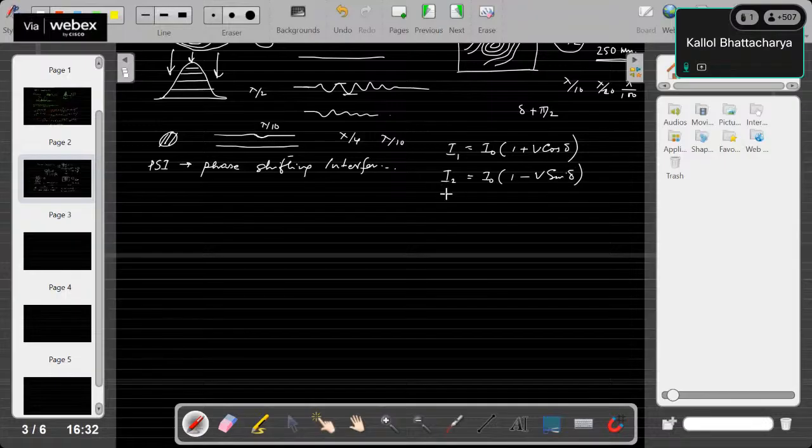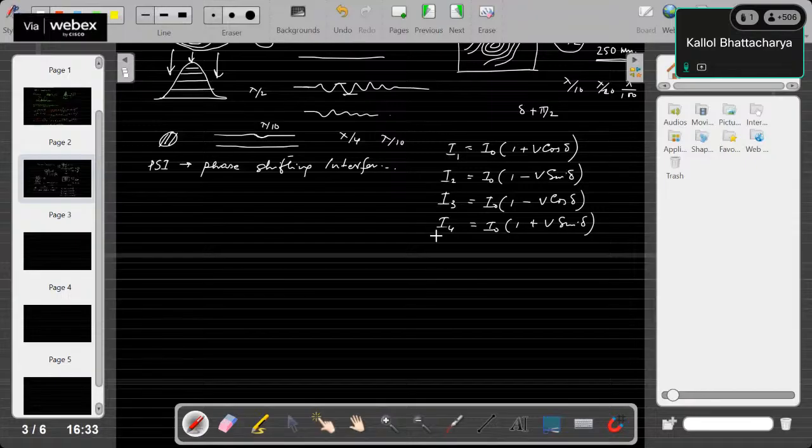And then again an additional phase difference of pi by 2, so this is I0 into 1 minus V cos delta, and here again another phase difference of pi by 2, so this would be I0 into 1 plus V sine delta. So once you have these 4 frames,